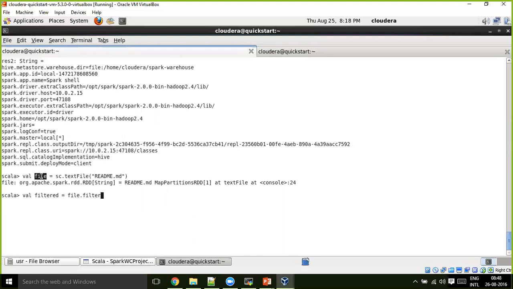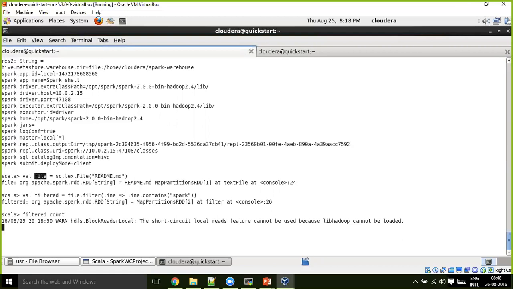I told you to consider an RDD as a collection, and I gave you the most popular functions on collections, and told you to remember their names. So file.filter, for every line, this is my anonymous function: line.contains. On a string, I have a contains, so whenever this returns true, only those lines are kept. Now filtered.count: how many lines are there with Spark? The result is long, 11 lines.